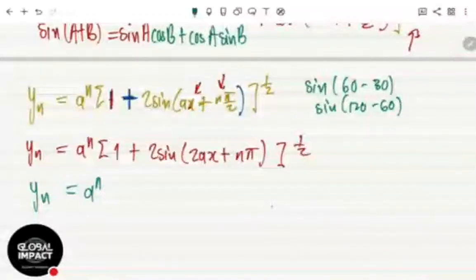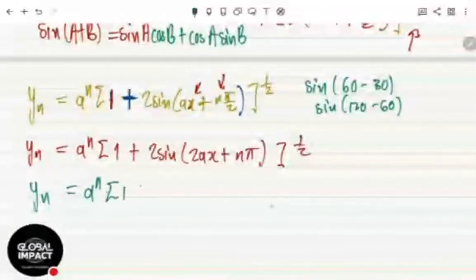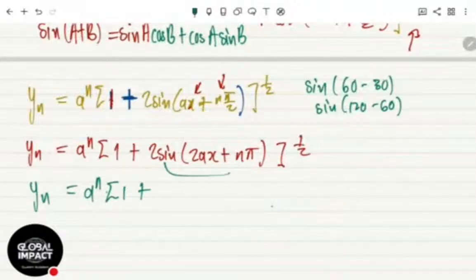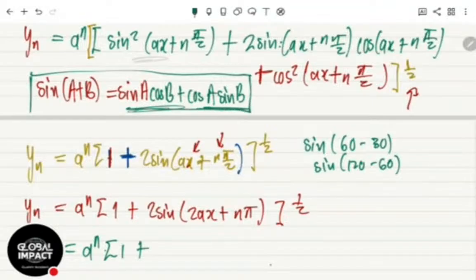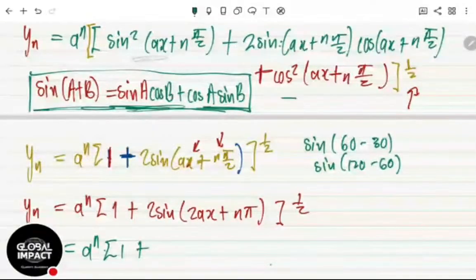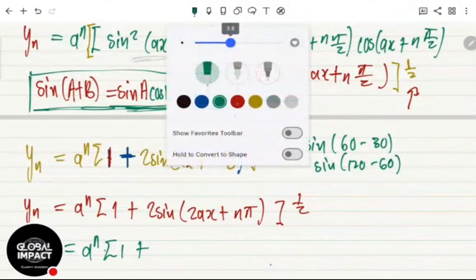Let's expand like we had done. We have 1 plus. Let's just expand, because when I expand, I will be able to evaluate. Don't be scared. Sine of (A plus B) is sine A cos B plus cos A sine B. This topic, by the way, you are taught before you start your EMAT 201. It's called prerequisite knowledge. Because some of you will be looking at me and saying, how can you be just using things? How do you expect me to know? I'm going to take you through the things you need to know, especially going into integration. They are very, very useful.